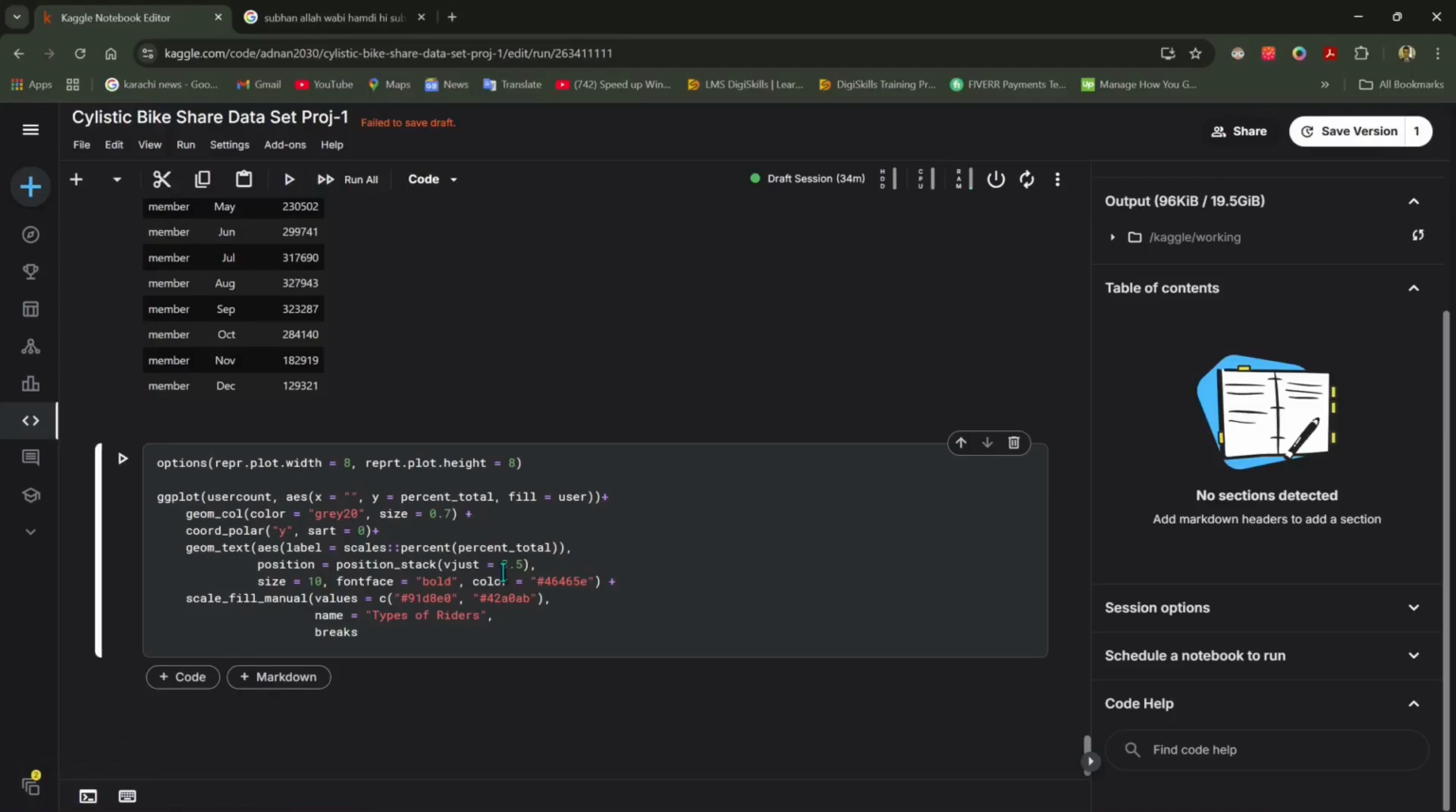Take equals to C bracket close. Casual, comma, members, labels equals casual member comma annual member double bracket close plus, and then labs title equals to "Distribution of riders"